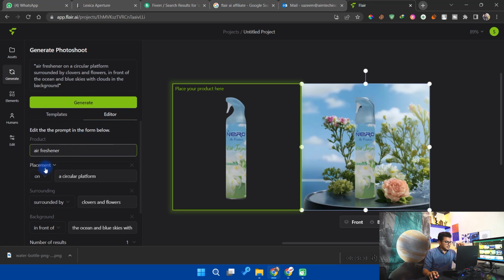In this section, the next one is the placement. In the placement, we have multiple options, like we want placement, surrounding, background, custom, or anything. I would use the placement. In the placement, you have tons of options, like it is placed on, it is standing on, lying on, balancing on, buried in, emerging from in, and etc. And in the next section, we will write a prompt, like I will say air freshener,